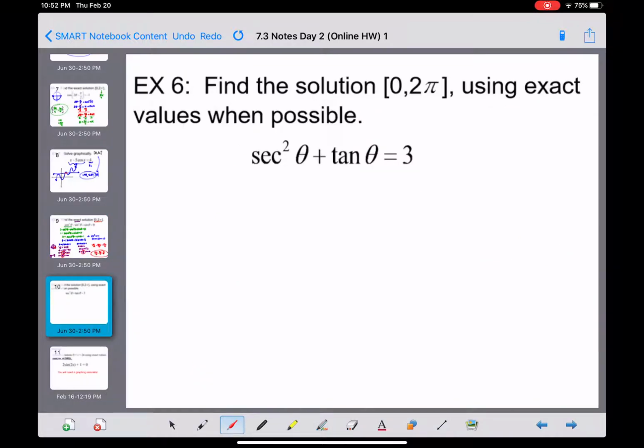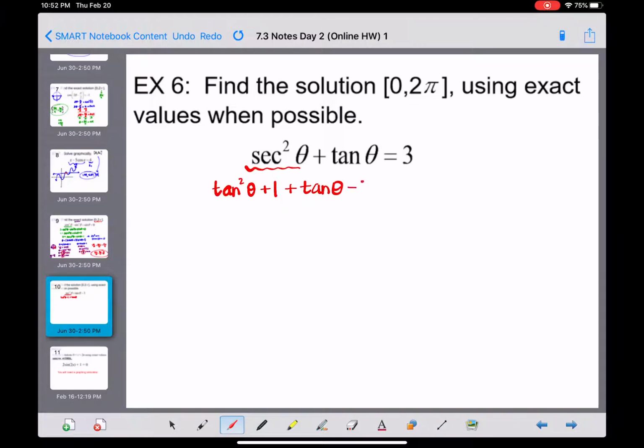Okay, the last new one, we're going to find the solution between 0 and 2 pi. Again, we're going to use exact values when possible. On this particular one, we're not going to be able to get all exact values, and I hope you're going to be able to see that as we get going. So again, you're going to need to use an identity. We have secant squared and tangent, so hopefully you're thinking Pythagorean identities. We talked about how we can find those if we don't have them memorized. But secant squared theta is tangent squared theta plus 1. So we have tangent squared theta plus 1 plus tangent of theta